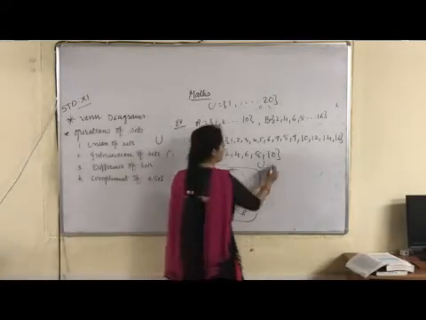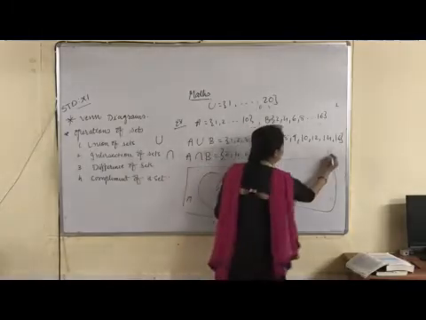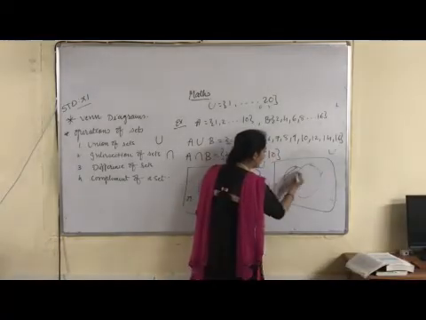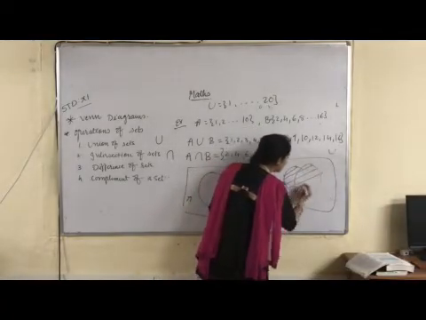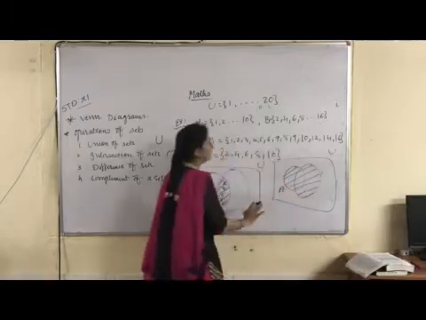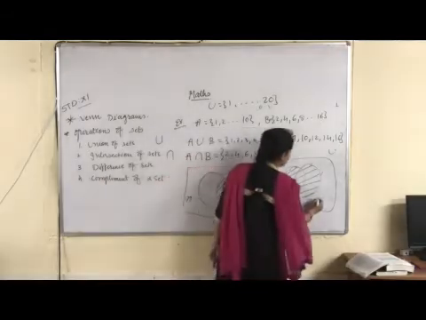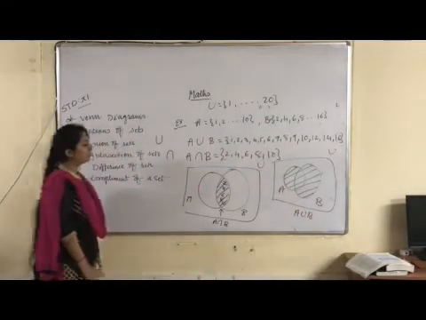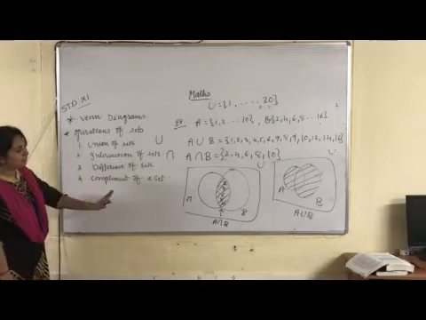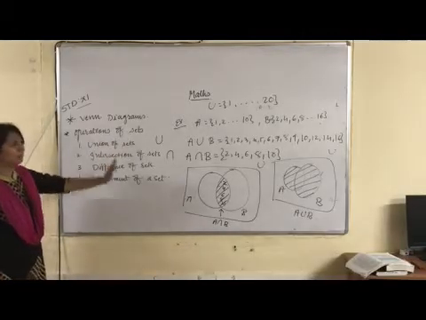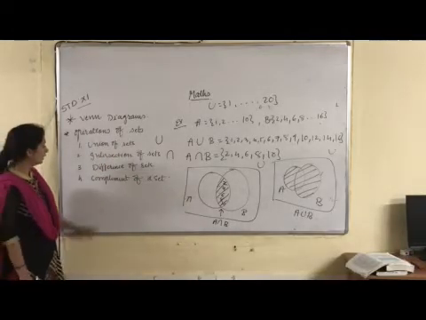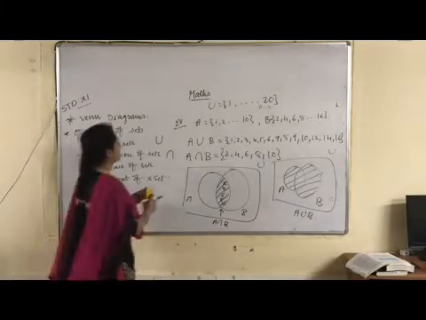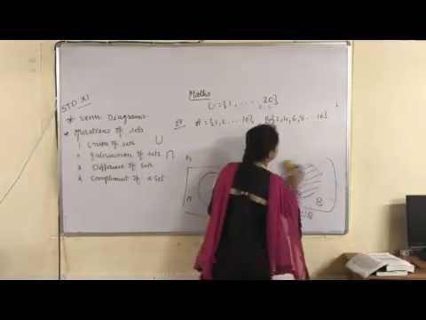Similarly, if I want to represent union, so U, this one is my A, this one is my B. Union means I will include all elements. So this whole shaded region is A union B. So this is how to solve it by a Venn diagram or by mathematical calculation. Is it understood? Now the third one is difference of sets. How to find the difference of sets?